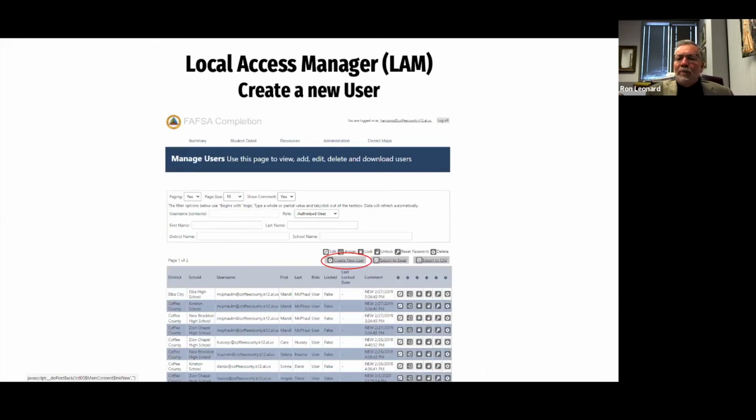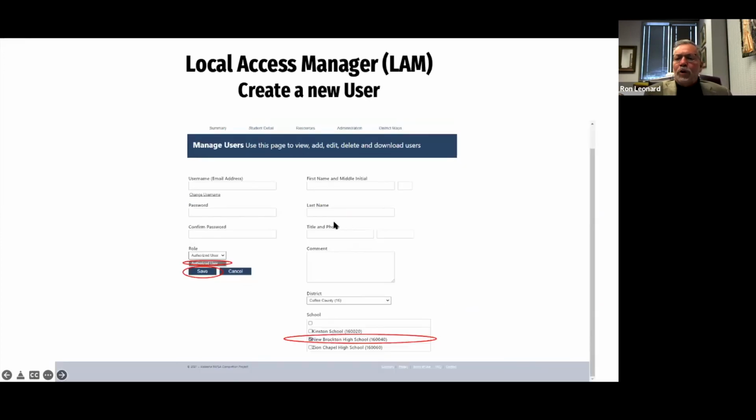And if they go to the manage users page, then they will see create new user about in the center of the page. If you click on it, then you'll be able to create an account for an individual. As I mentioned before, for the username, you'll want to most likely use the person's work email address. Create a unique password.